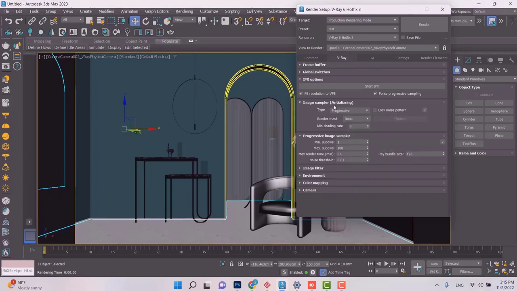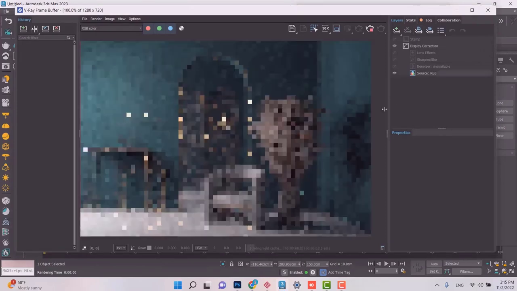Now in the previous sessions we said that every time that we click on render, the first thing that happens is that we have some GI calculations. Okay, so the GI calculations start. We have a couple of passes that are dedicated to that, and after that our render or image is starting to be displayed to us. Now I say it starts to be displayed because it's a process, and we can choose how that process unfolds. So the way that the image of the render is displayed to us can be changed in terms of the methods that have been used for that process, or the quality, or the time.